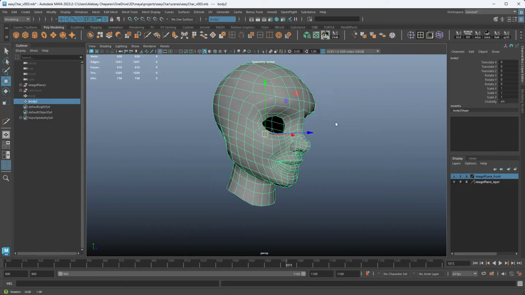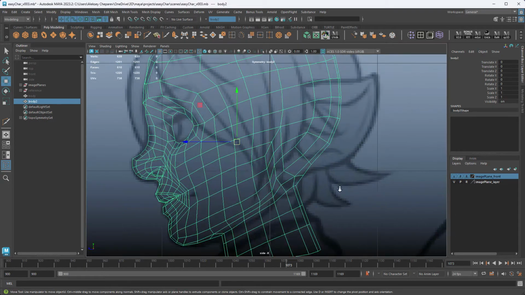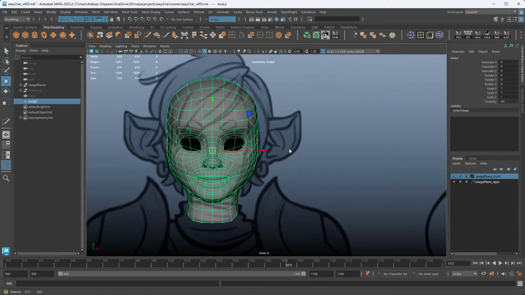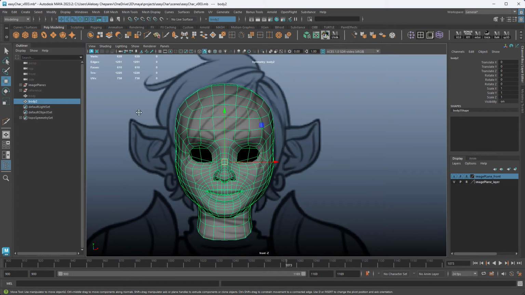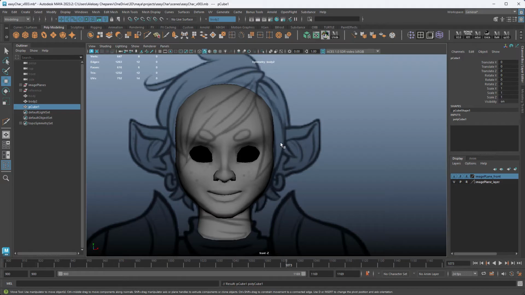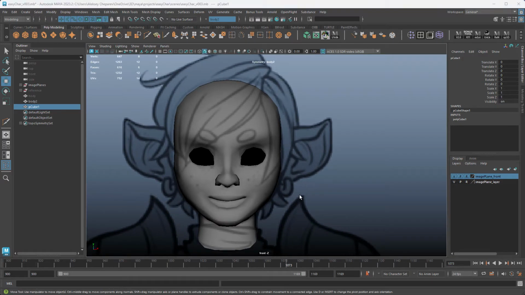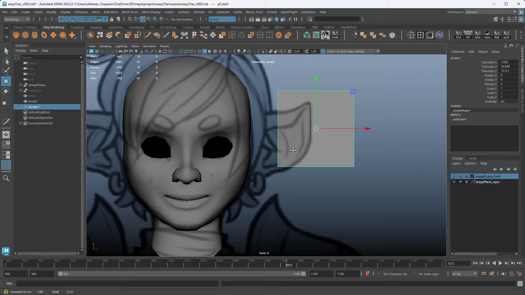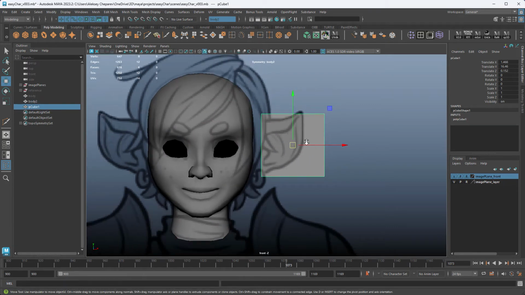He also has these really deep eye sockets because of the way they drew him here. You can see we're matching the drawing, but the eyes are really inset. So let's add some really rough geo for the ears. To block out the ears, I made a cube, and the way I bring things up is I hold V and snap it to the closest vertex, which happens to be here.